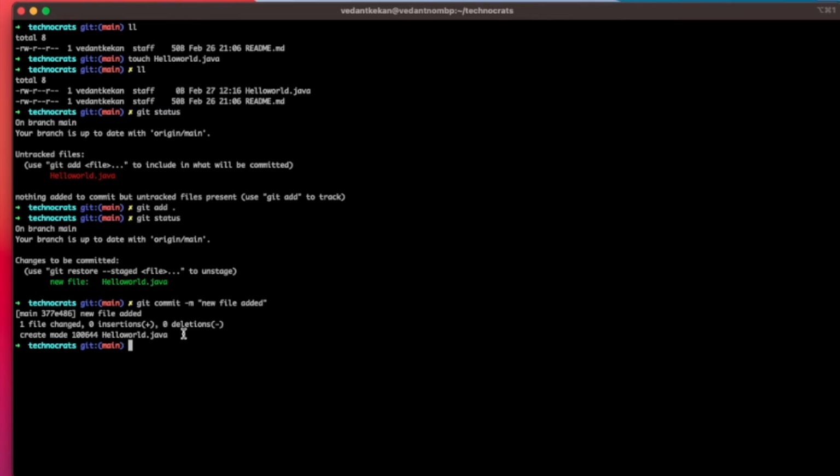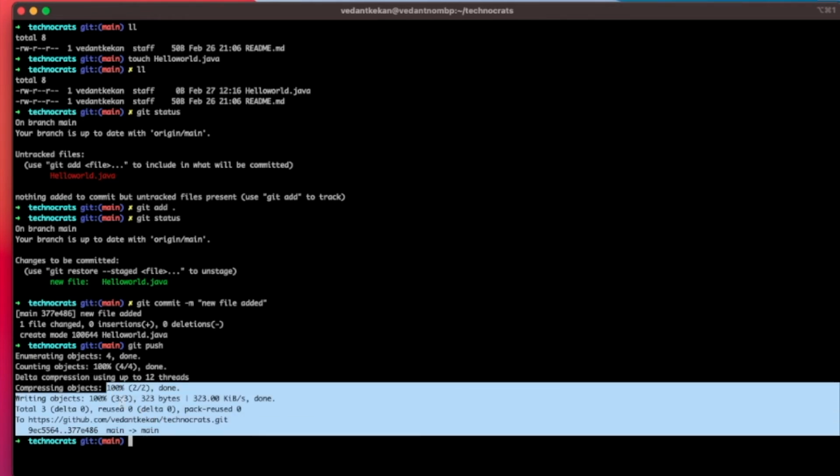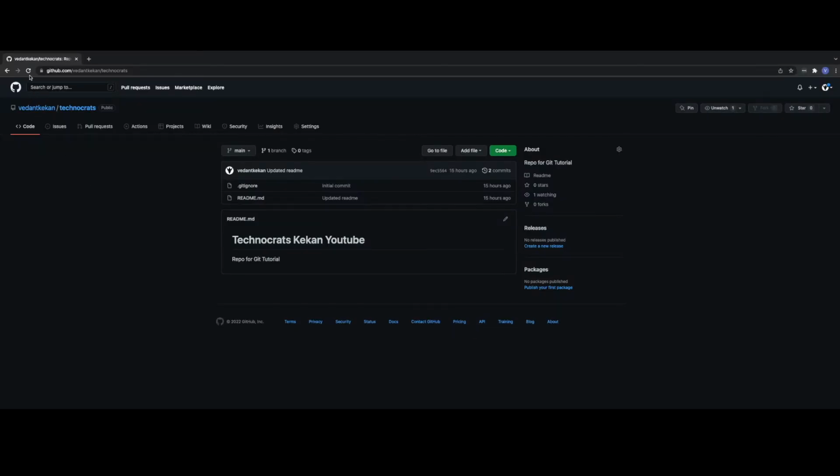Now next is to push this commit to the GitHub server, the GitHub repository. For that you can simply use the git push command, and with git push you will see that we have successfully pushed our commit, our file. Now when you check on the Git repository, just refresh this, and you will see HelloWorld is present here. So this way you can create any number of local files, code files, projects, and you can commit